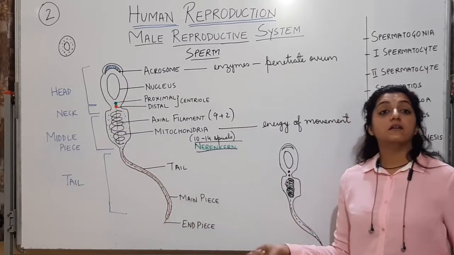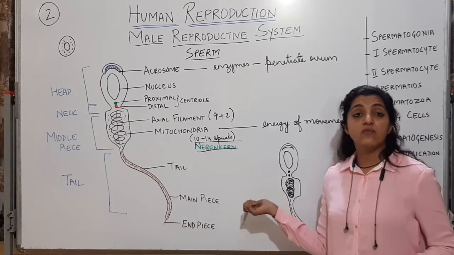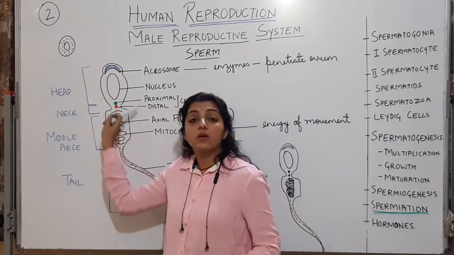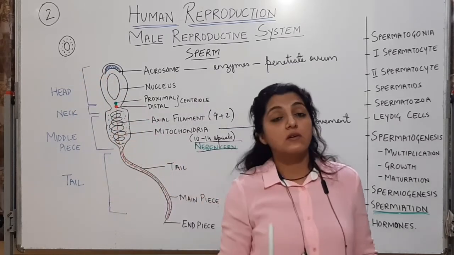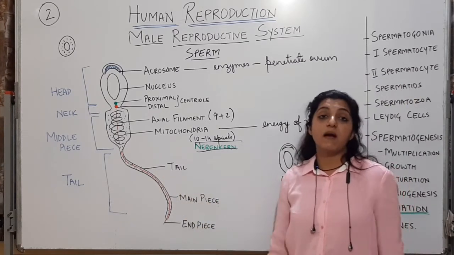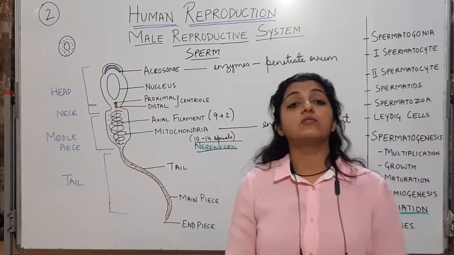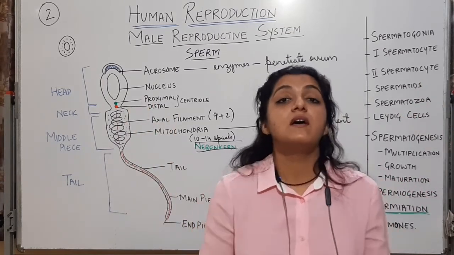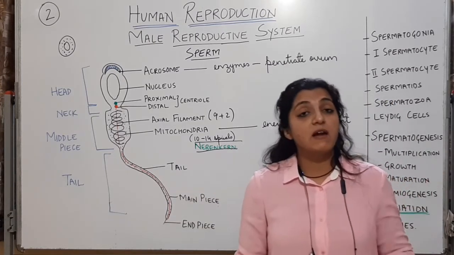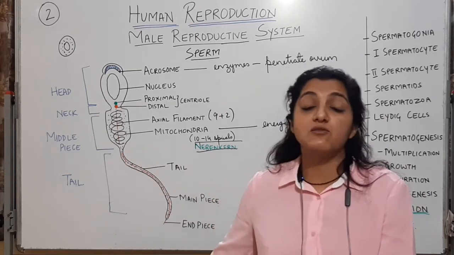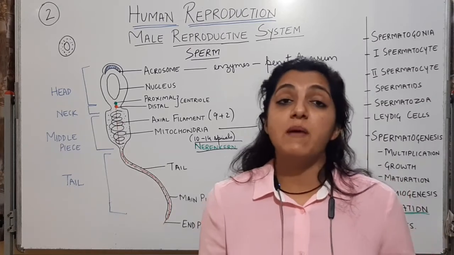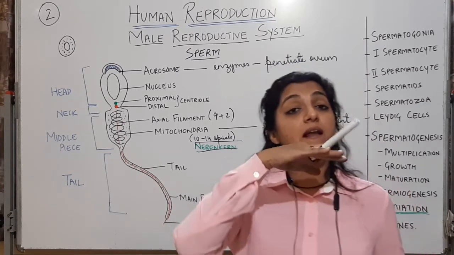This is what morphodifferentiation or metamorphosis happens when the spermatid is converted into a spermatozoa or a sperm. This is the end result of the process of spermatogenesis. जो एक germ cell से चालू होता है, वो एक sperm बनने पे खत्म होता है. So sperm is the end result of the process of spermatogenesis. We have seen the process of spermatogenesis in detail today. We've seen the structure of the sperm. हमने उसका hormonal influence देखा है. We have seen कहाँ पे होता है spermatogenesis का process, and we have seen the complete diagram of the transverse